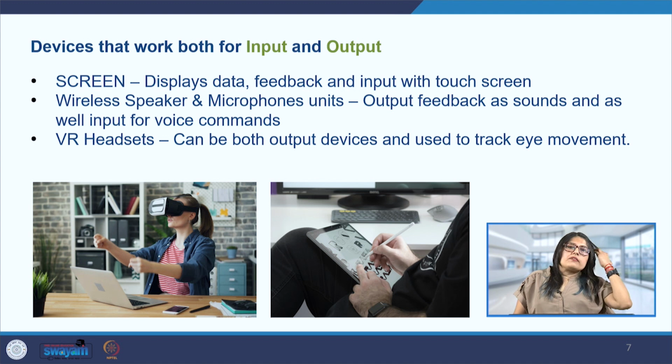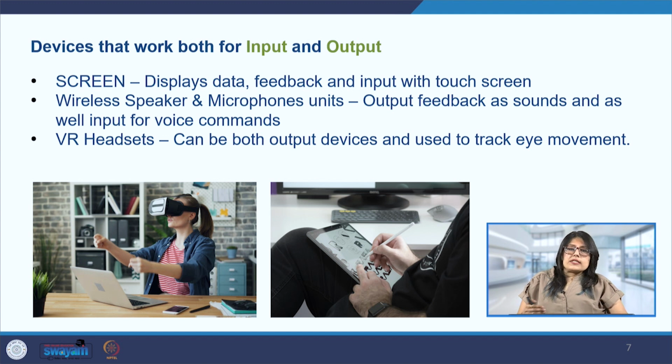So some of these devices are screens or touch screens, wherein the user can interact with the touch screen by touching or pinching the screen. They can zoom in, zoom out, write with their finger, annotate and gesture, and a lot of other actions can be performed on this kind of screen. And this screen displays visual information, so it can display text, images, animations, and the advantage is that it responds immediately to the user's input.